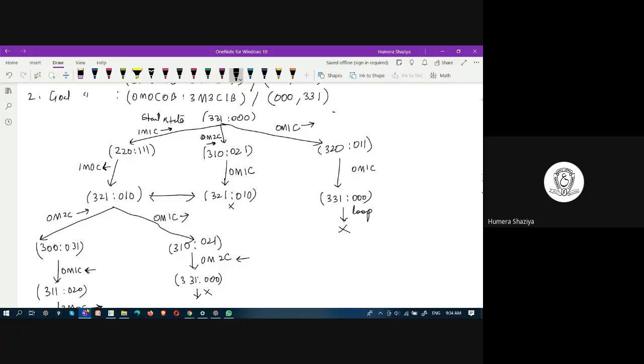The application of the operators: one missionary, one cannibal here. Then one missionary, zero cannibal, followed by this is to right, this is left. Here, this path is not leading to the goal. So this path, zero missionary, two cannibal, to left. Then zero missionary, one cannibal, to right. When you put down the sequence of operators, you obtain the solution path. Do you understand this point?